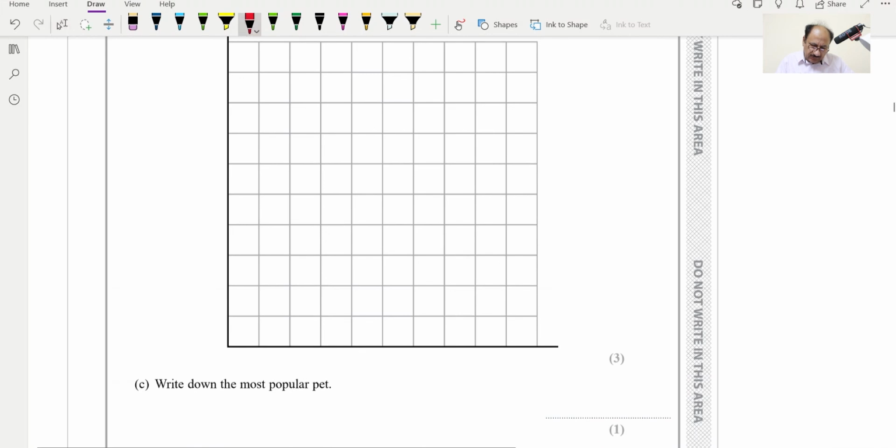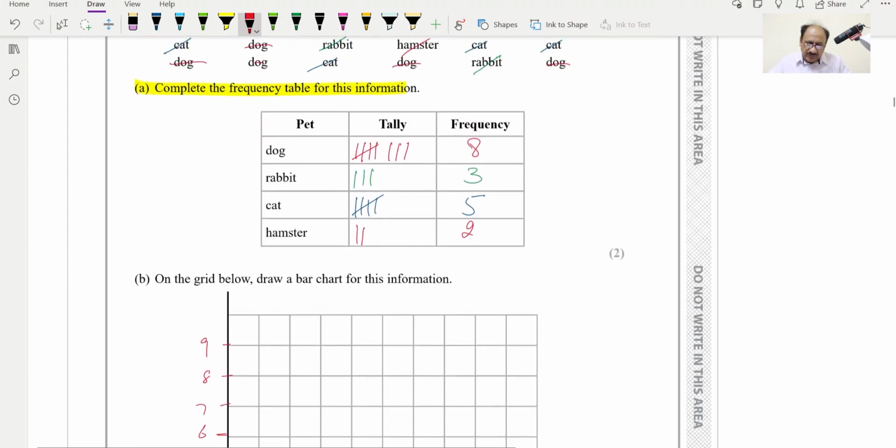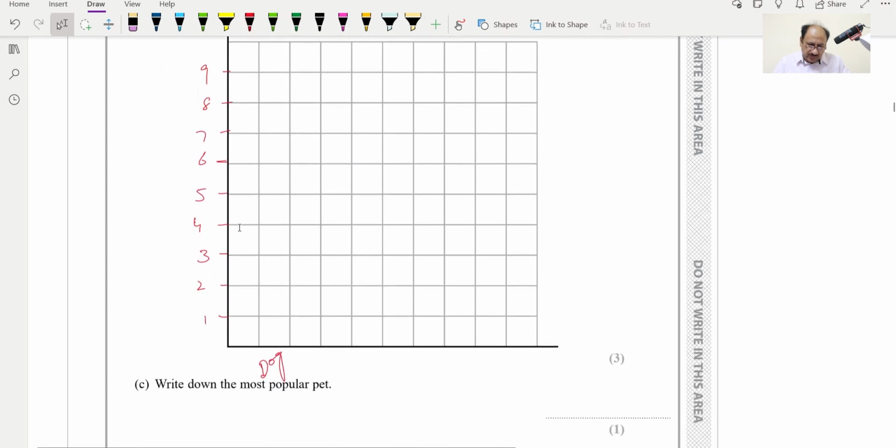We can take, for example, this one for dog, and on this side we can take 1 and 2 and 3, then 4. So horizontal and vertical scales: the horizontal side will take the category or the type, and on the vertical side we can take up to 8, even 9 and 10 also if required. So the frequency for dog is 8, so we can shade up to 8, and the bar up to 8 will be